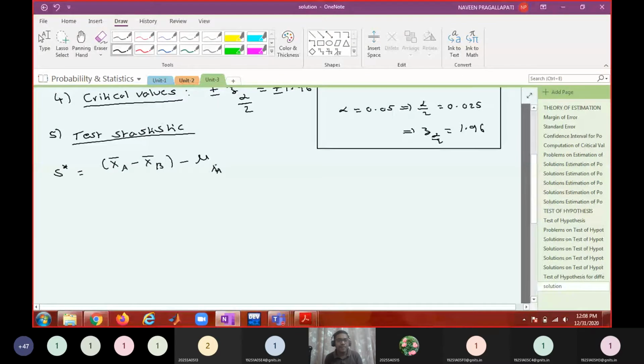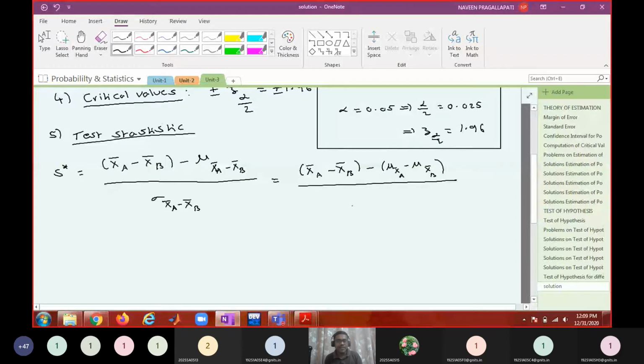Just by looking at this, the evaluator will simply know that you have the subject. So XA bar minus XB bar minus, now write it as whatever steps I wrote: mu XA bar minus mu XB bar, by